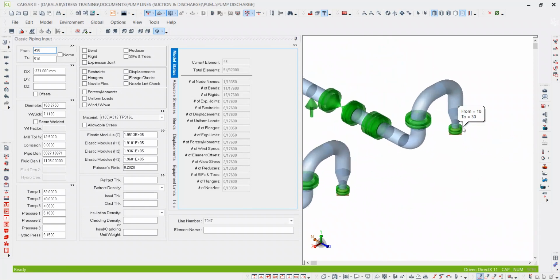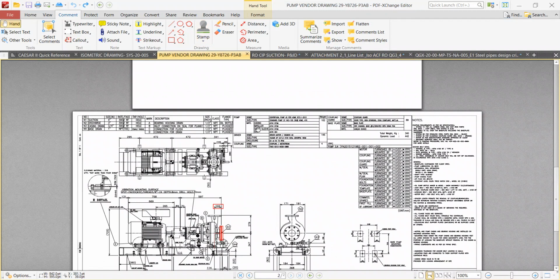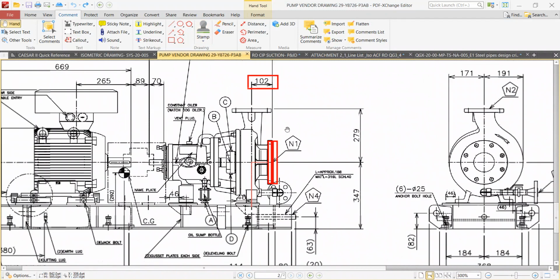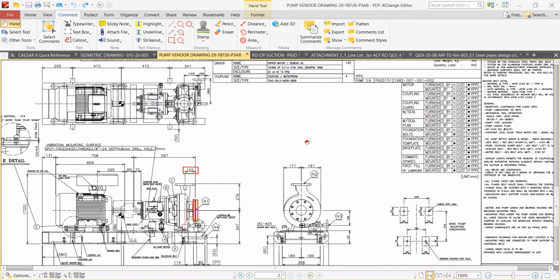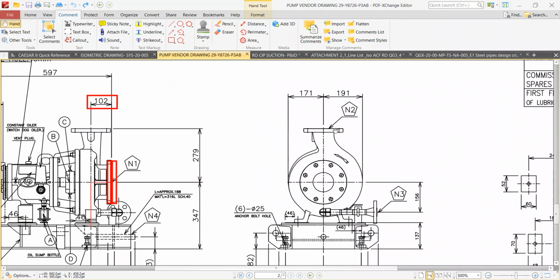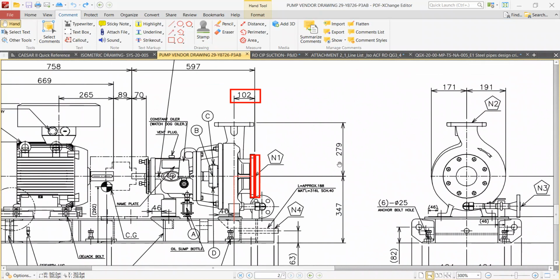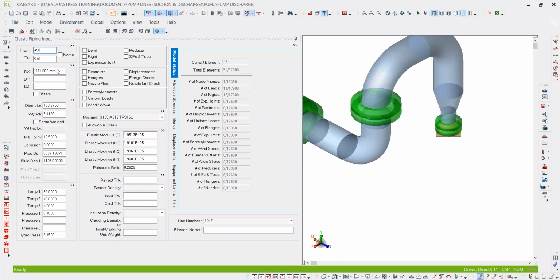So then we need to model the pump. Pump discharge line. In the suction section we have seen, and in the discharge, how we are going to model. So this is a discharge flange. Yesterday we have seen it is N2, it is your discharge flange. Okay, this is your discharge and this is your discharge. So up to the center of the suction line, the dimension is 279. Okay. So what we will do, go to this node number,